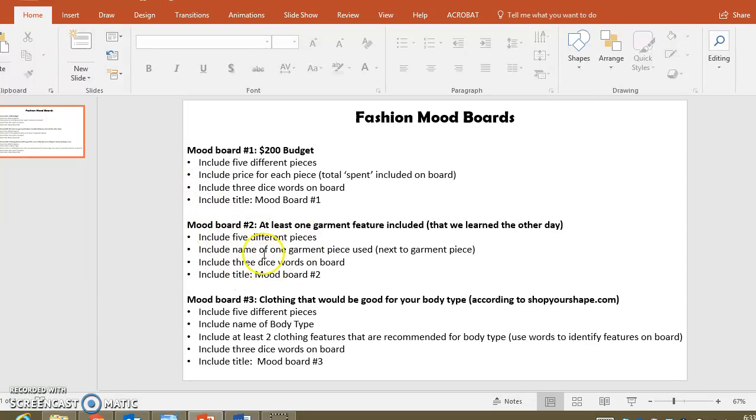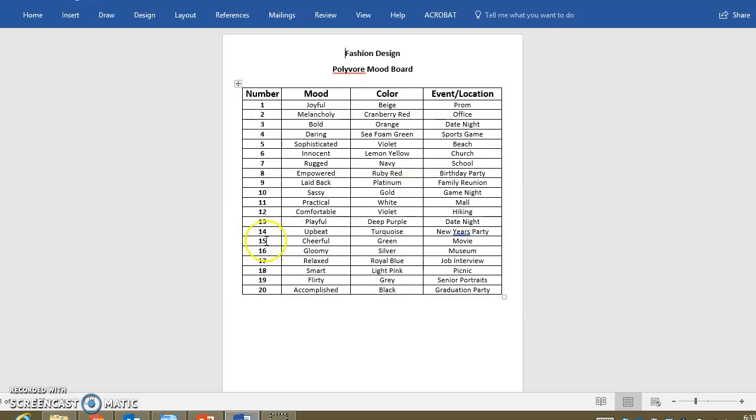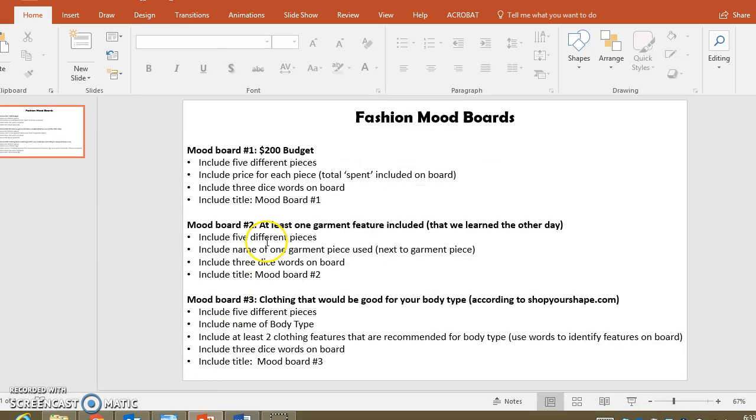You also have to have the 5 different pieces. And then you're going to include the 3 words from this page right here, whether it's sassy, white, mall, you're going to make sure you have those 3 words on there. And you're going to make sure that you have mood board number 2 on there